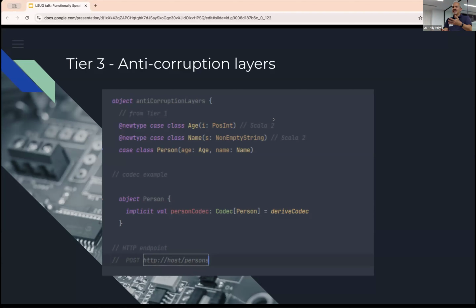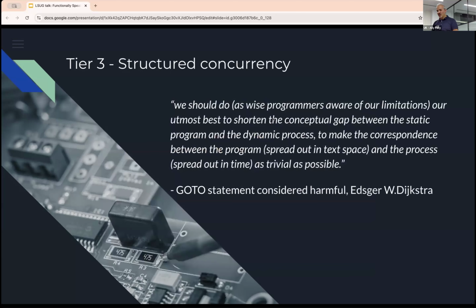So that guarantees that you don't have any ambiguity or uncertainty on the state of the values coming into the system. And then the last but not least, which is the big one for me, is